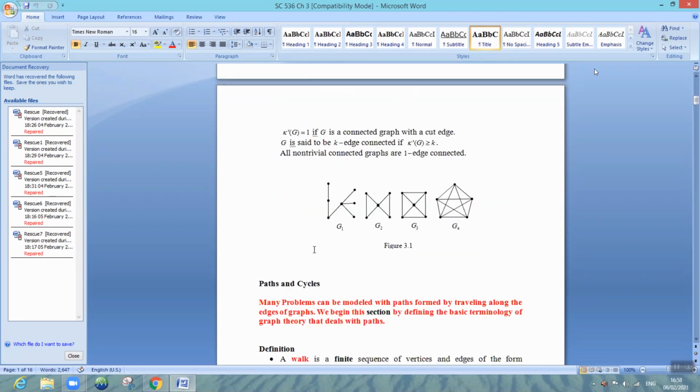Here you have to remove at least one edge, and at the minimum it is 2, 3, 4, which means all are one edge connectivity. That means at least one. When you say one edge connectivity, chi dash G is 1. It is always greater than or equal to 1.